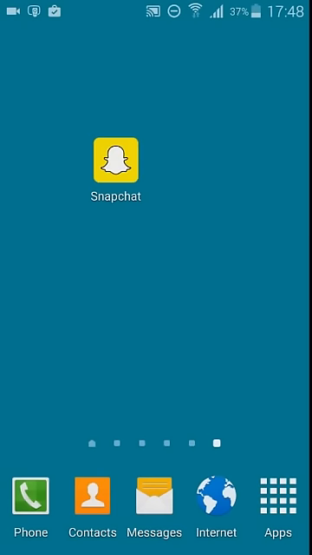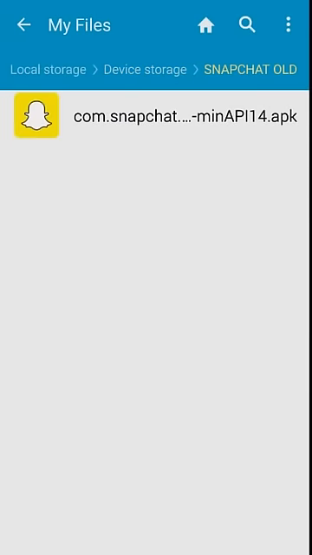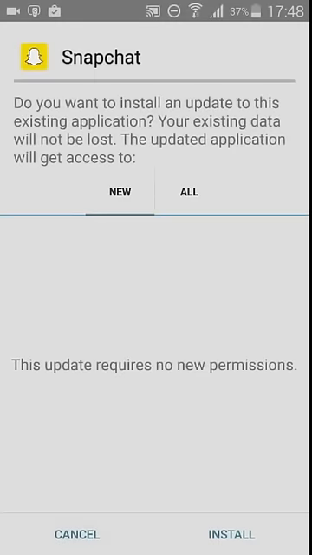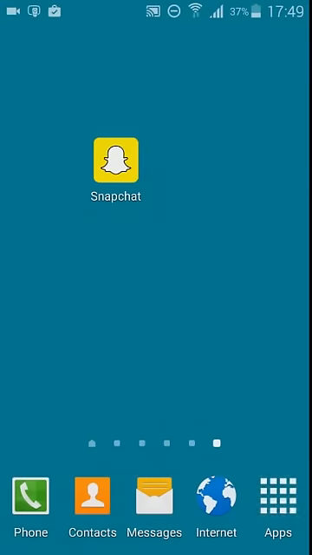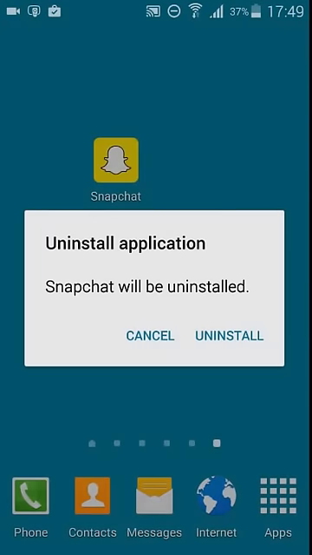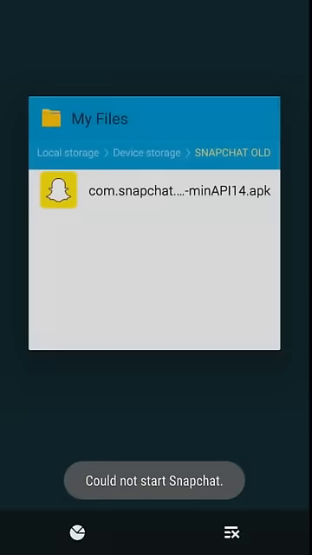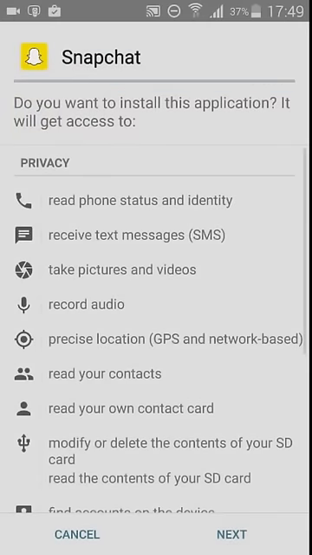So what we're going to do now is you're going to download the link. I have already downloaded it here. So it's the old version, and you're going to install this one. But before installing it, you need to clear this one. So you're going to uninstall this one, and let me install the other one. So after you install it, you'll be able to log in without crashing.